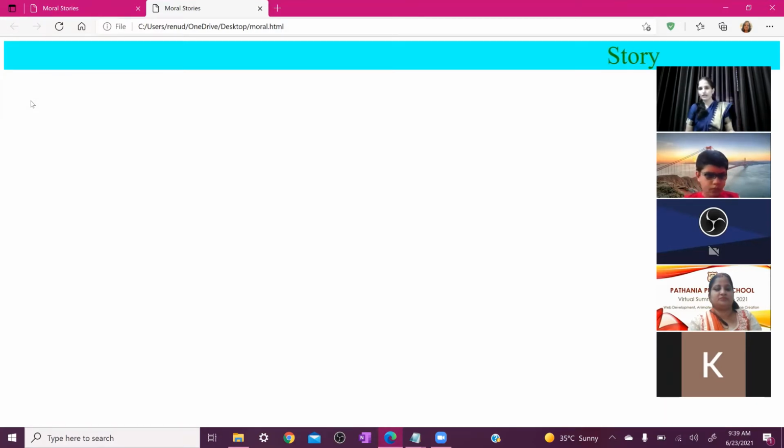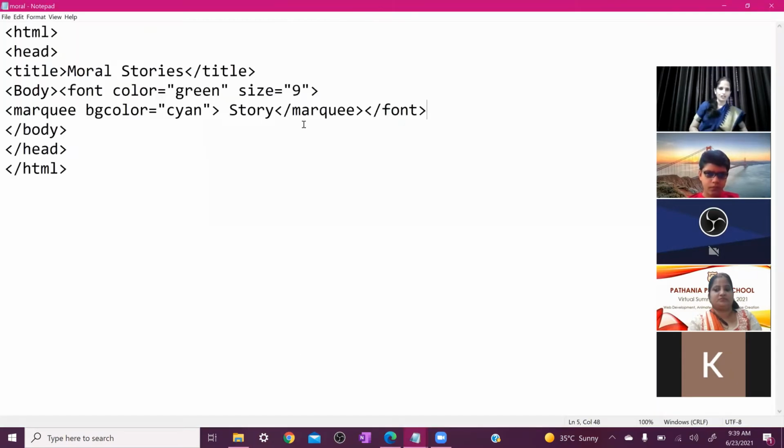So what we do here is we write the behavior of the marquee tag. Okay, so again open your notepad here, and here we need to write behavior. So in front of the bgcolor, I have written here behavior.